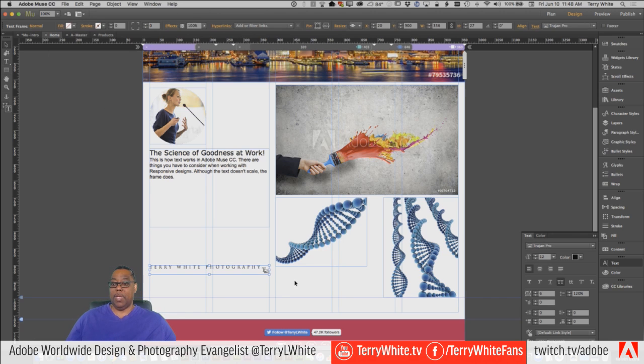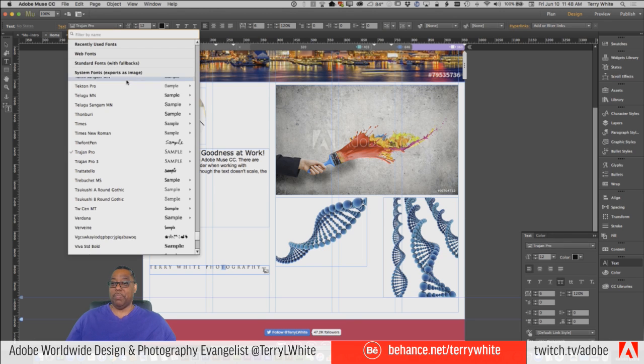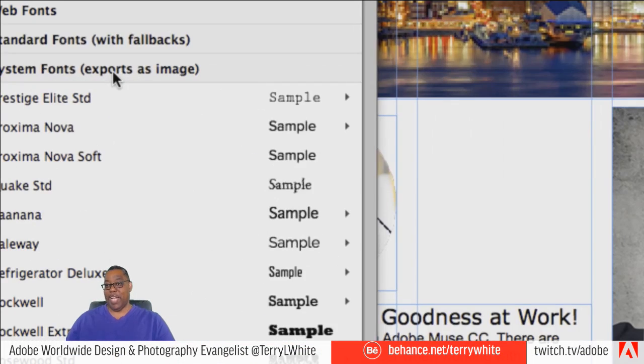Now, what if you don't have Trojan Pro? Well, notice what happens when I choose any of my fonts. When I use my fonts, it says that it's going to export that out as an image, which is not a good thing.